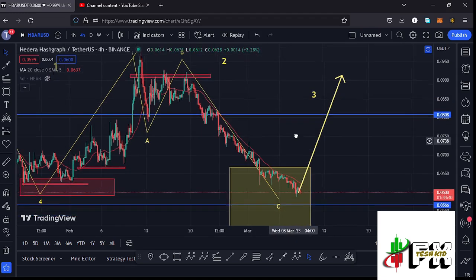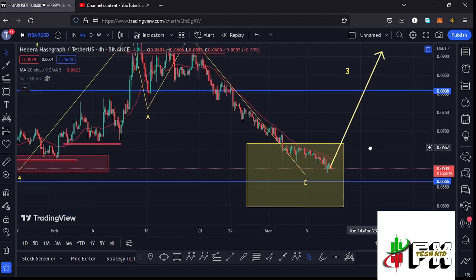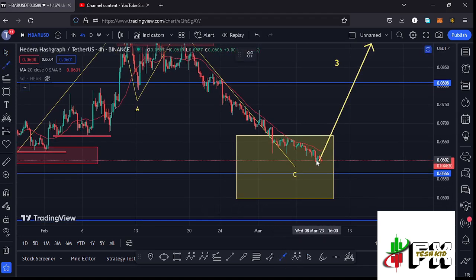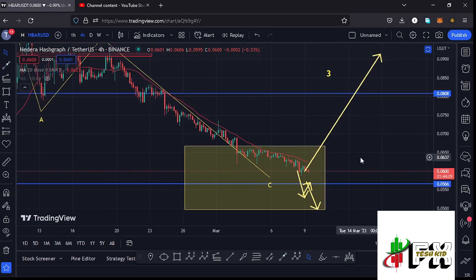But in case we continue holding below the 20-day MA, then there are chances of fully maximizing this target area back to the fib level 0.78, and for that move to also play out, we need to continue watching our next key area of support at around the $0.0566 mark, because in case we lose that key area of support, then I'll be watching to see a retest of that key area of support, then continue seeing the breakdown to fully maximize the fib level 0.78, which perfectly lies at around the $0.0497 mark. So that is what we can expect here on the worst case scenario, still in the formation of that larger Elliot wave count 2. But we need to have in mind that